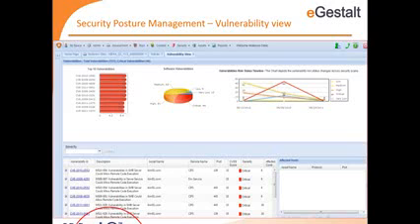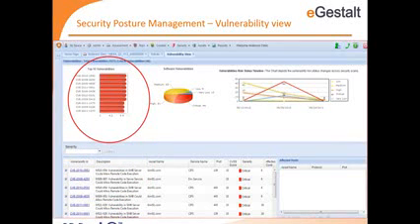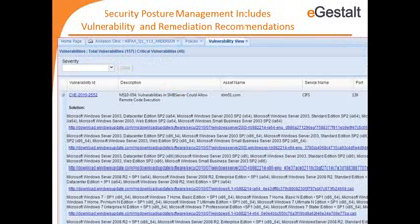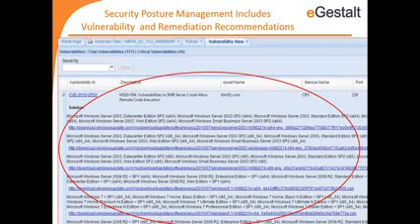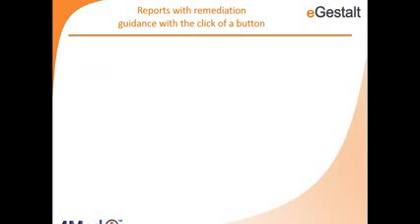This is the dashboard for the security scanning view. It tells you all the vulnerabilities that you have, which assets are affected, and how things are changing with time if you've done multiple scans. And by the way, you can schedule scans weekly, monthly, quarterly, depending on how frequently things change, and you're able to subscribe to the service which takes care of that. And as I said earlier, we not only tell you all the problems that are found, but we also tell you how to fix the problem. So in this particular case, there's a vulnerability found on a server machine, and there are multiple links to download the patches that are available to fix the problems that are found.